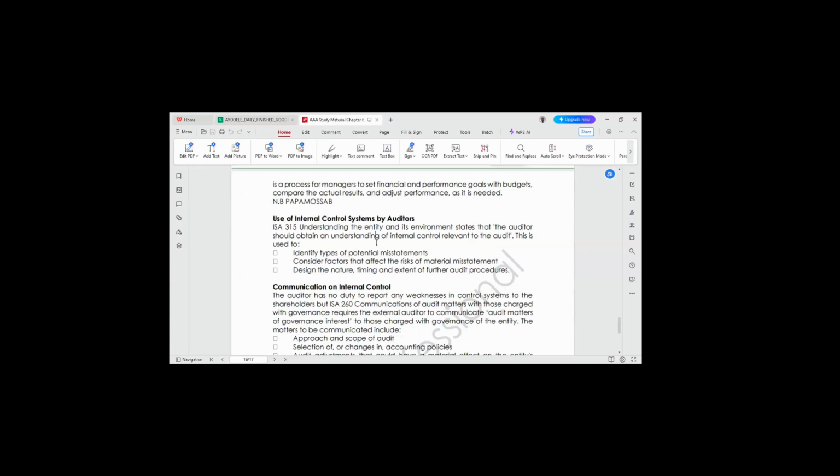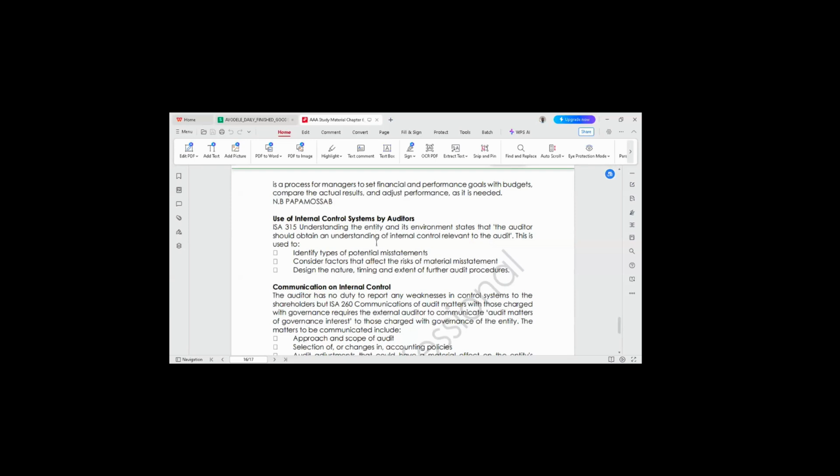Now, if you look at the test of control and test of detailed transaction, both of them, right? You will agree with me that both of them are trying to assess the internal control system over financial reporting, which I call ICOFR, internal control over financial reporting. That is what these two tests are trying to do, because it is established that if the internal control system is weak, it's going to affect the financial reporting. Okay,